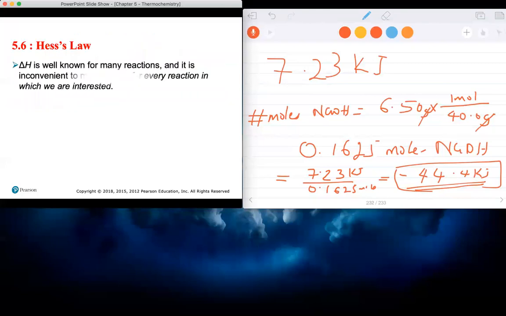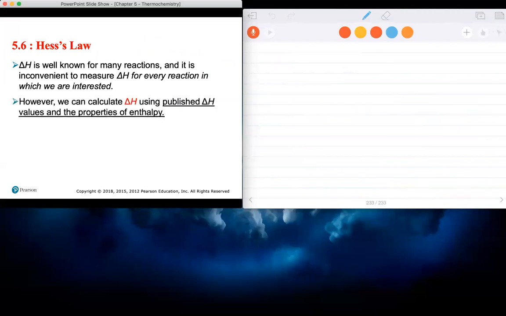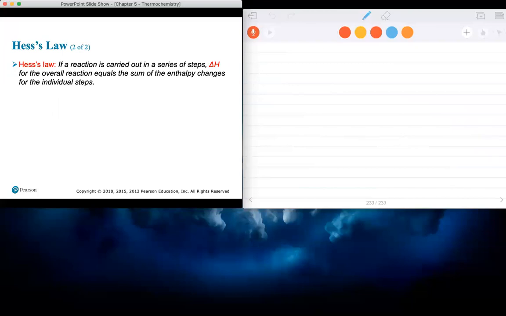Now, I was explaining what Hess's law is all about. It is a technique of determining the heat of reaction where calorimetry will not work, and we can calculate using the published literature values for enthalpy of reaction for several equations. If a reaction is multi-step, in a series, that means we're going to be using several equations to get the overall